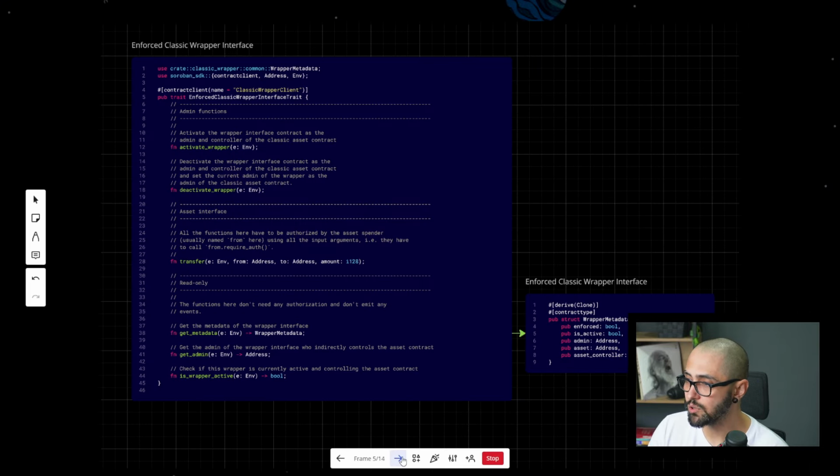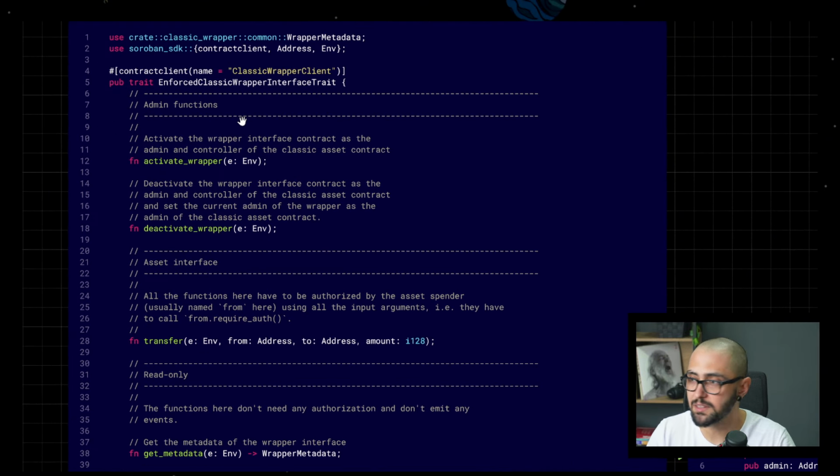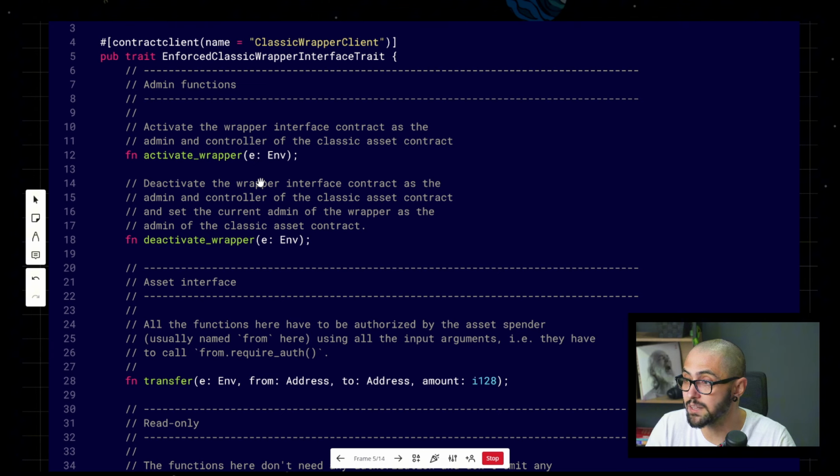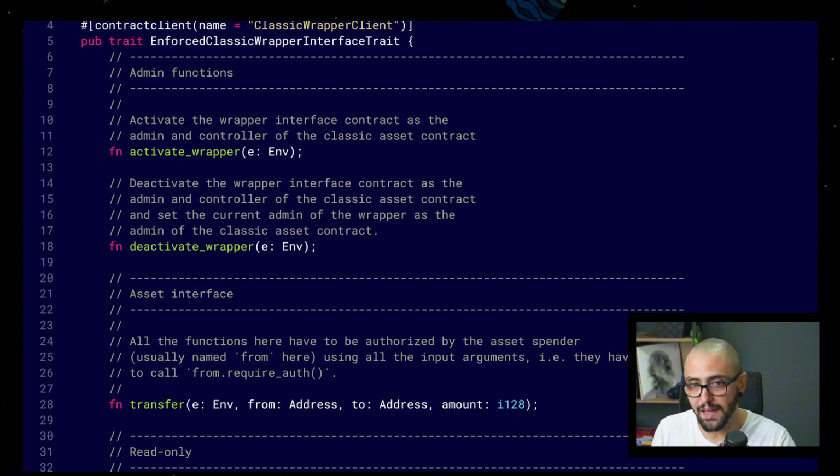And how this would look, here we have a thought exercise on an example interface. It doesn't mean that every wrapper should have these functions, but we can think of standard ways of creating this implementation and make sure that builders are benefiting through the same steps. So we could say that for an enforced wrapper, we could have specific functions for the admins to activate and deactivate the wrapper. These could be used by the admins to make the wrapper active by turning them into the